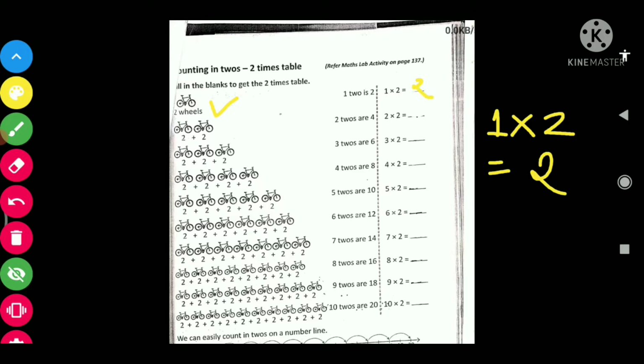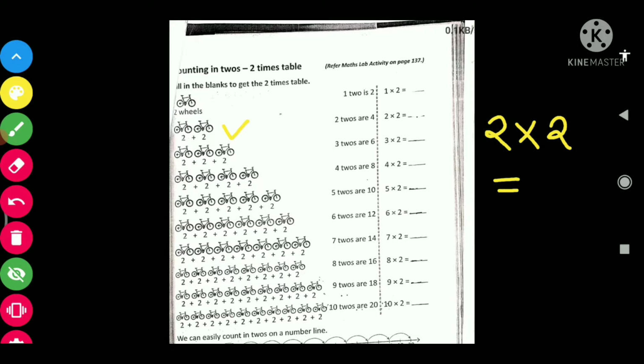Okay, now see the next one. See the next figure, 2 bicycles are there. So we'll write 2 bicycles, and 2 bicycles having 2 wheels each, right? So now how many wheels are there? Just count the wheels.